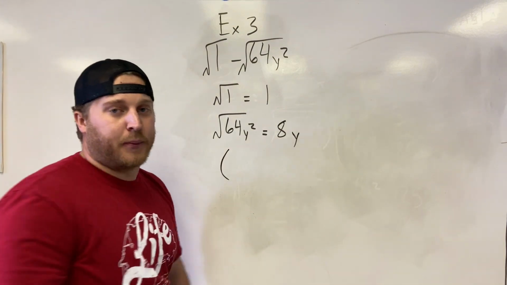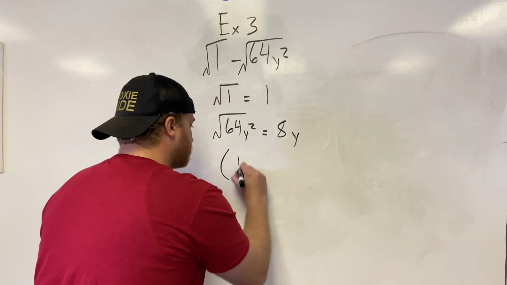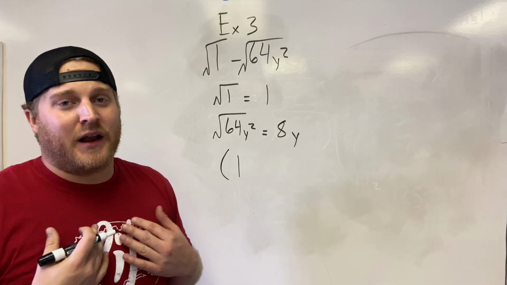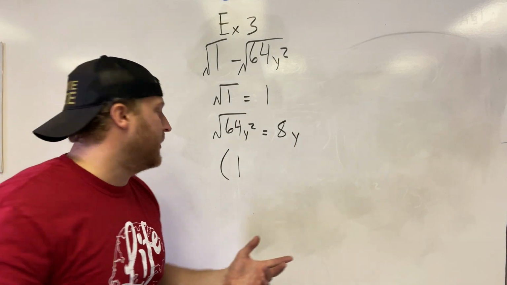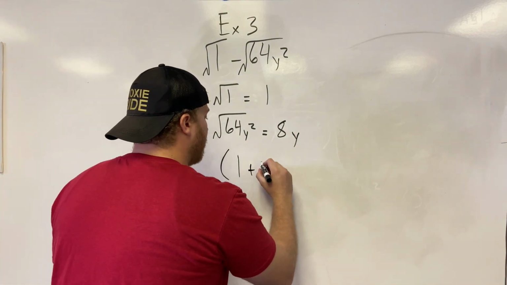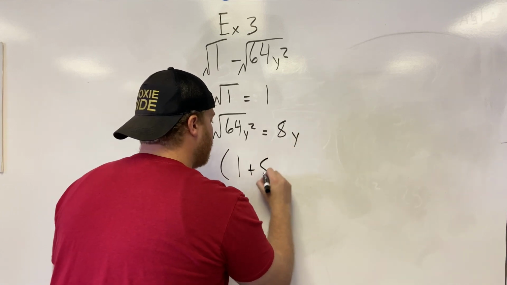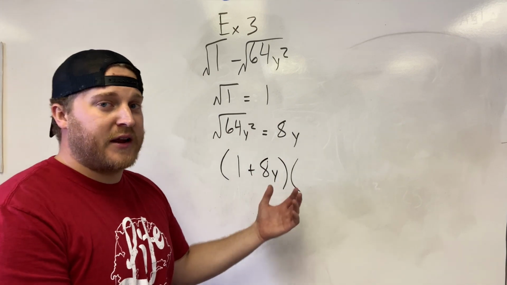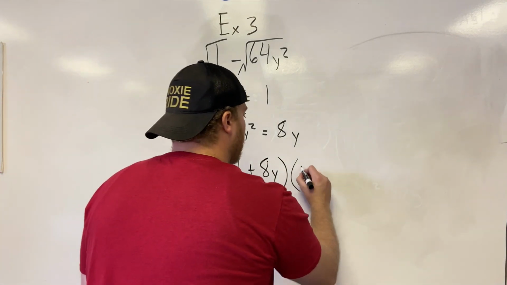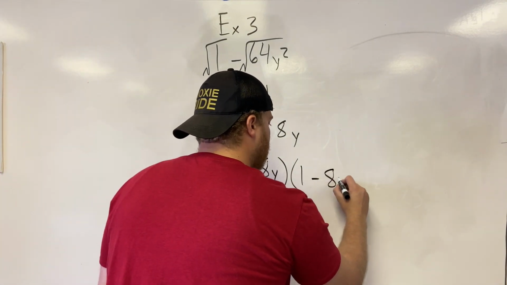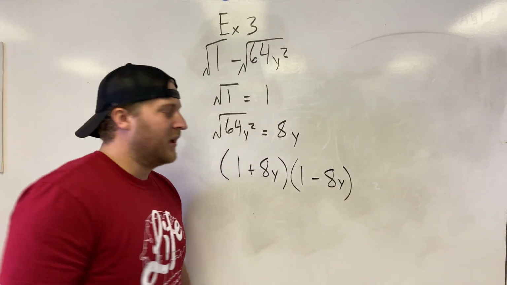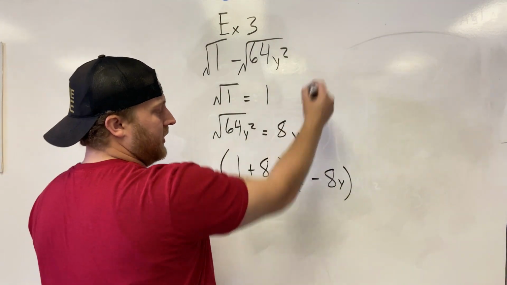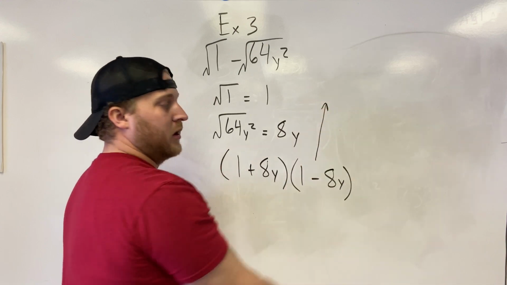So I'm going to start my parentheses. I'm going to use 1. And then, like I said, I do addition first. It doesn't matter. 1 plus, then I'm using the 8y, times, then I'm going to use subtraction. Same two terms, but with subtraction. 1 minus 8y. Now, if I was to check my work,